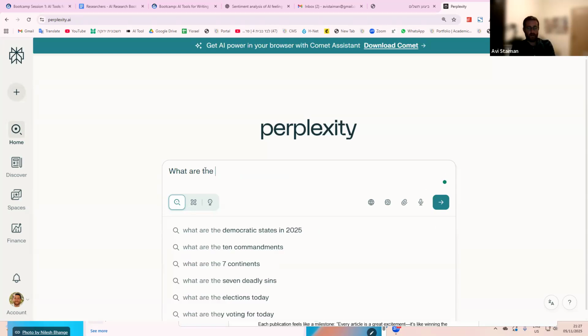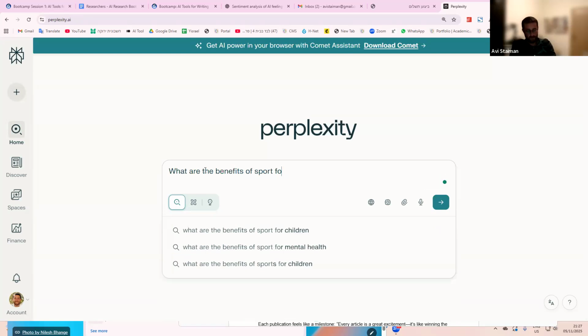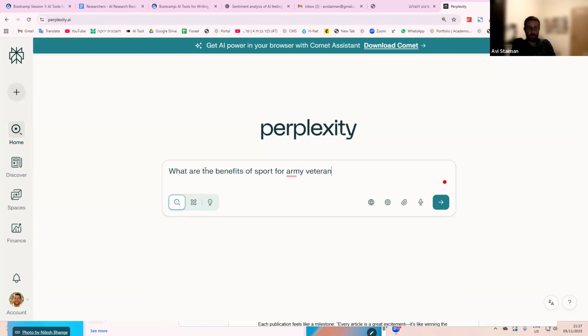What are the benefits of sport for Army veterans with PTSD, and how can sport be used to help as part of treatment? Okay, not necessarily the best research question in the way it's phrased, but you'll forgive me.